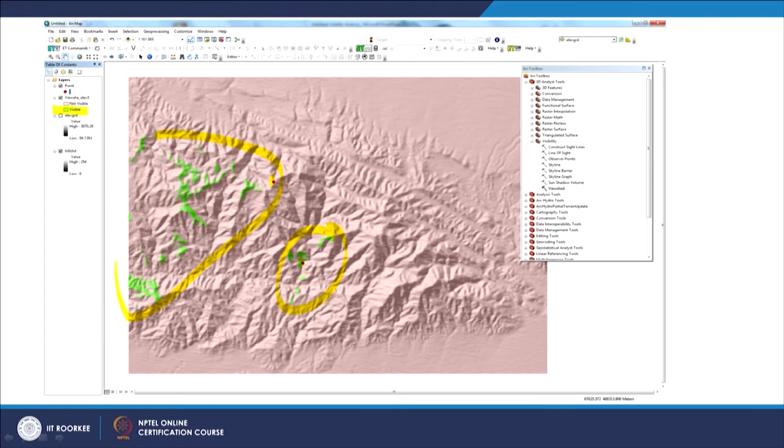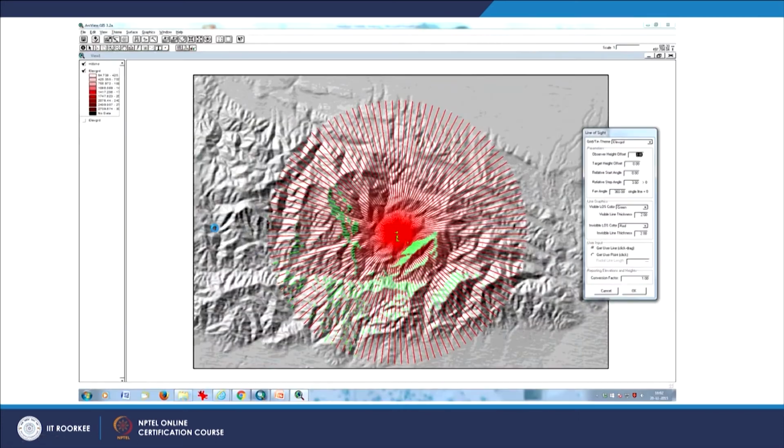Now, if there is a choice of increasing the offset, like raising the height of a building during the planning process, then obviously the visible area will become much larger. So, such analysis, before anything really happens on the ground, can be done very easily employing this GIS technique, which is viewshed analysis.